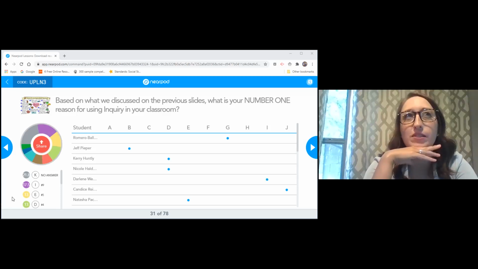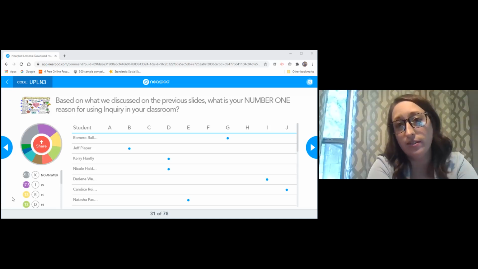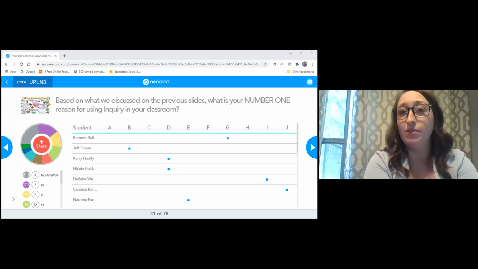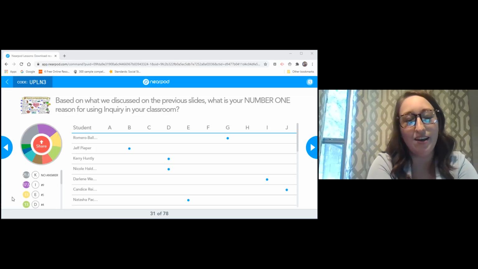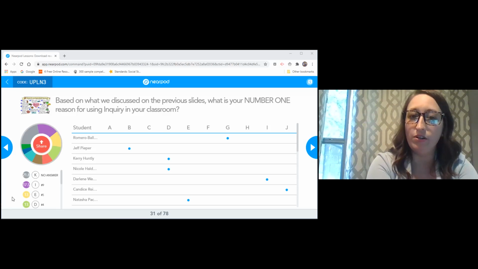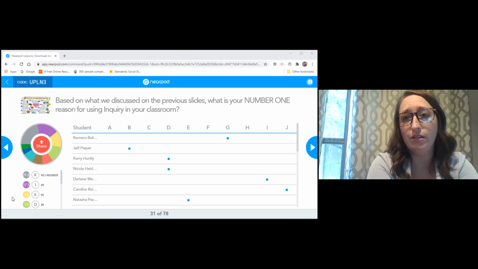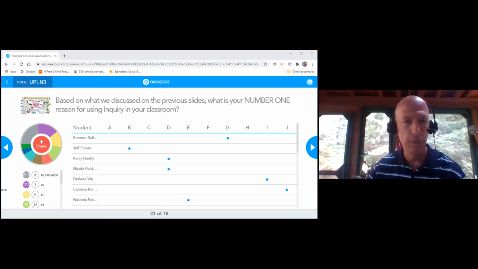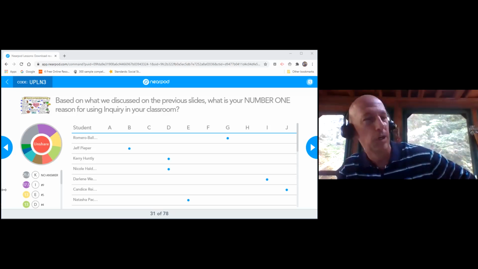We also know that engagement is going to need to be such a huge focus for us this year after this crazy year that we've had. Some of our kids have had the opportunity to just disengage completely, and we've got to get it back, having them face to face with us and providing them these deeper opportunities to learn. And they're going to be at all different places. So it's going to be essential right now to make sure that our students are engaged with what we're doing. Okay, I'm going to share that out with everyone and see what everyone's ideas are.